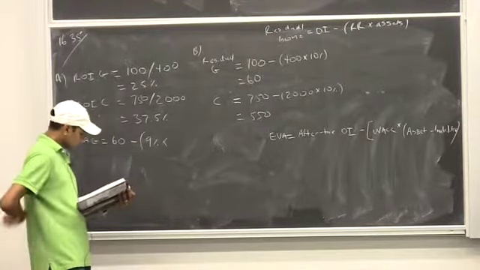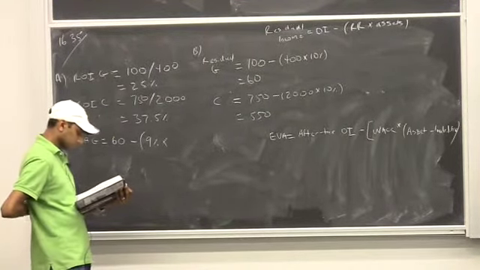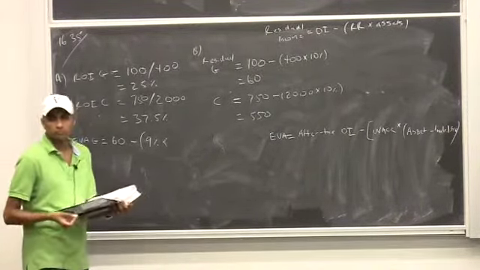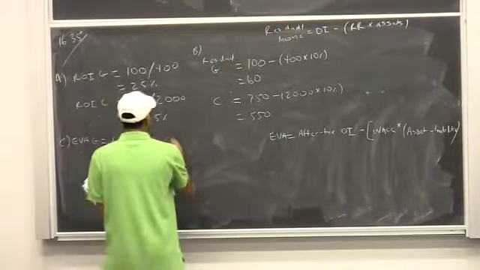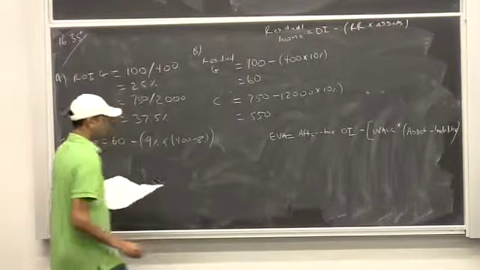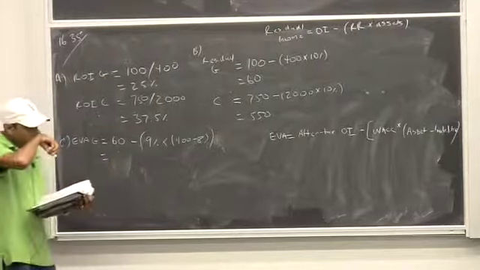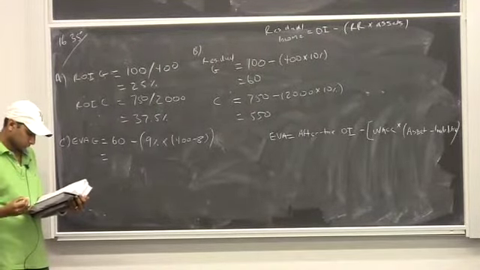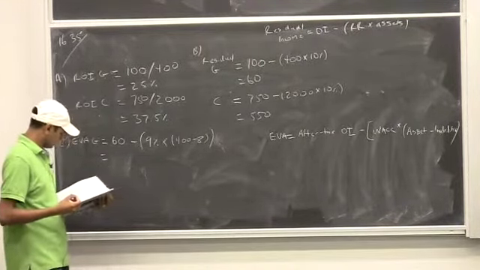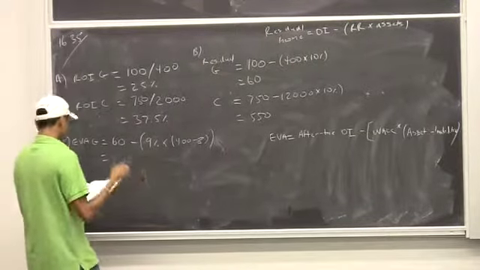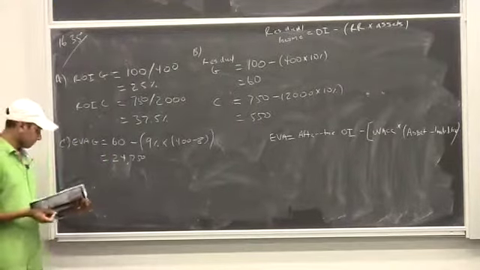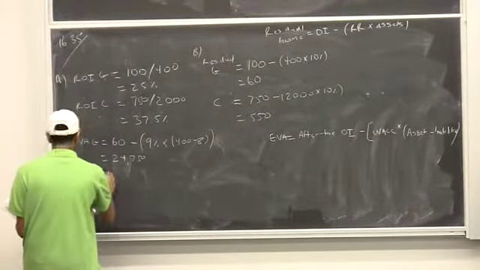Times your net assets, 392, so 400 minus 8. How much is that? Well, it says here 24,750. Hopefully you got that too. And then for Canada,